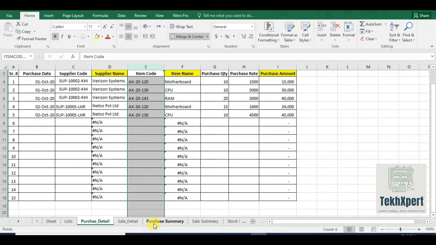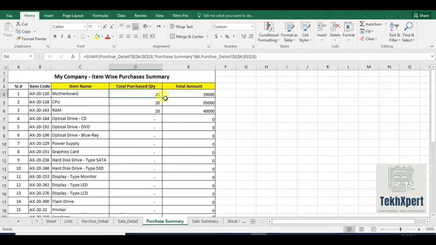Now we will revise our functions. So we have given here the item code underscore purchase. Here is purchase quantity, so we have selected the purchase quantity and we will name it P underscore quantity, purchased quantity. Same as we will apply the range here, P underscore amount.